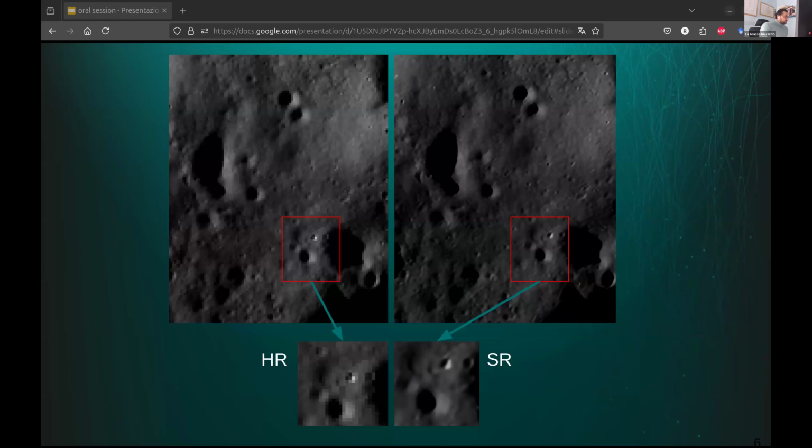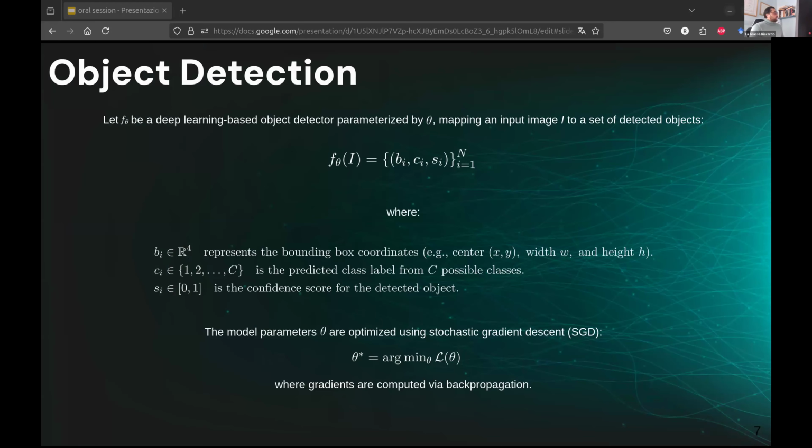The next step is the task of object detection. That is a key task in computer vision that involves identifying and localizing objects within an image. And it can be seen as an essential tool in remote sensing, autonomous navigation, planet exploration, face recognition, and a lot of many applications. But more formally, let f_theta be a deep learning-based object detector parameterized by theta, where